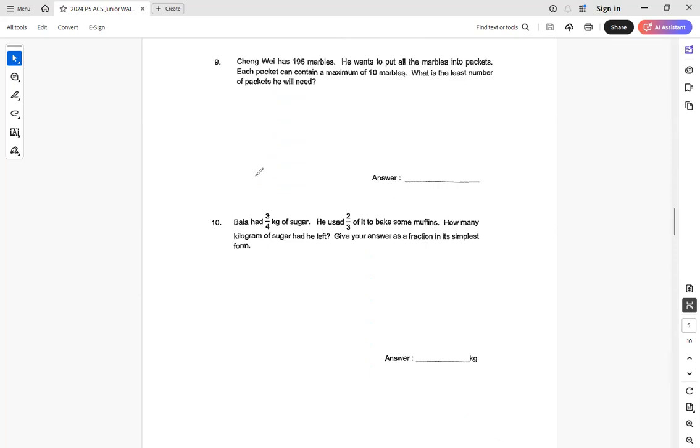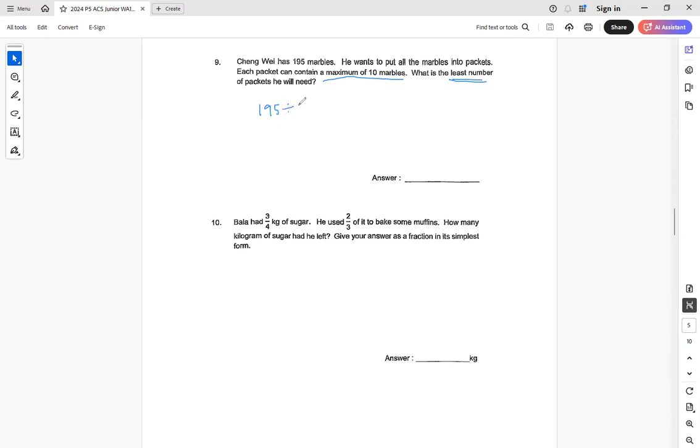Right, question 9. Wei has 195 marbles. He wants to put all the marbles into packets. Each packet can contain a maximum of 10 marbles. What is the least number of packets he will need? This question wants the least number of packets, meaning you must try to pack as many marbles into one packet as possible. And they say one packet maximum is 10. So total we have 195. We want to pack them into the maximum, which is packets of 10. So I will take the total, which is 195,